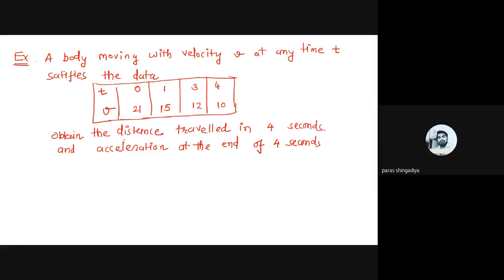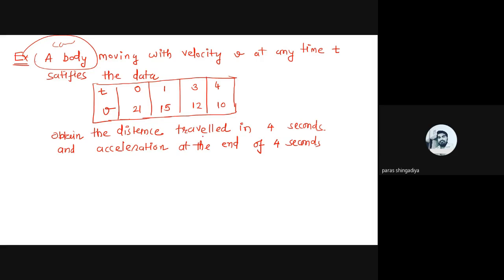The velocity data is given for this. You can consider any object here, a car, a bike, any concept. So obtain the distance traveled in 4 seconds. How much distance will this body cover in these 4 seconds? And then also identify the acceleration at the end of the 4 seconds. Clear? So how can we predict that